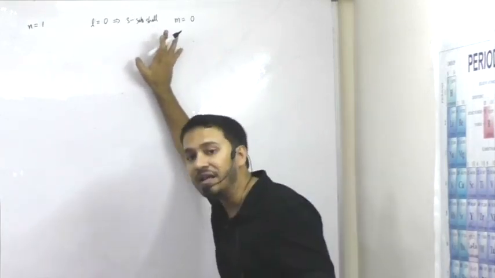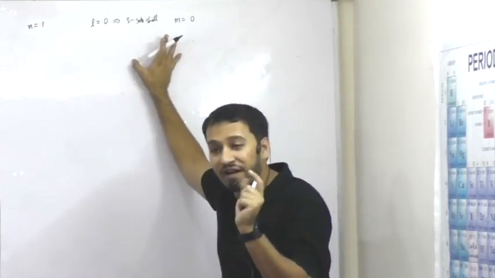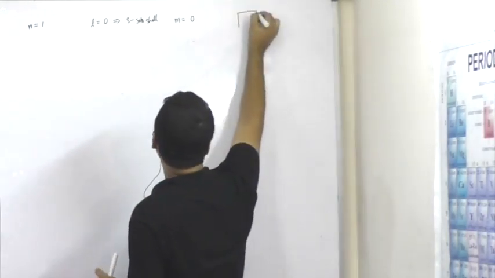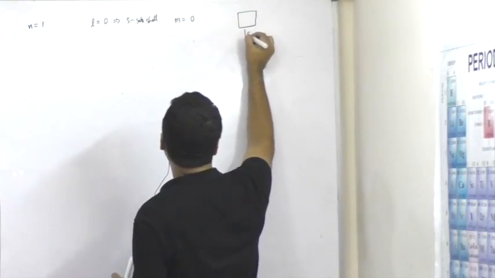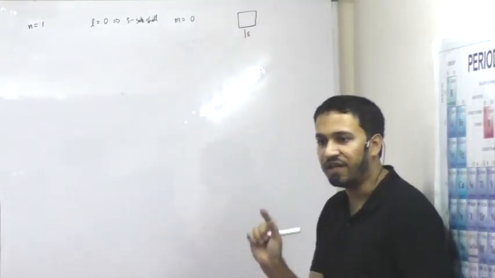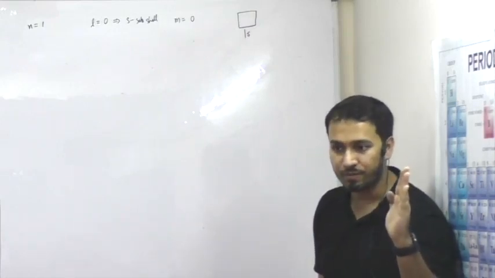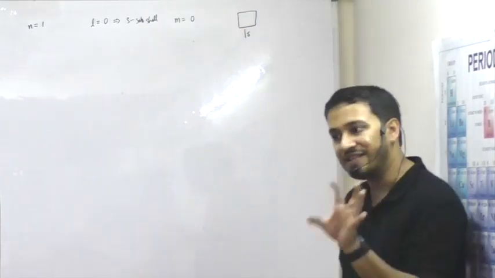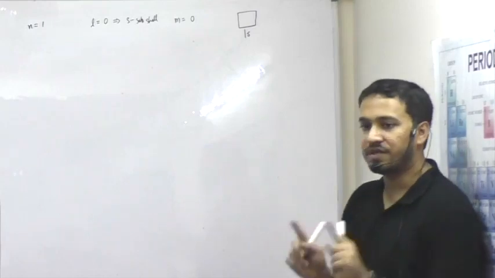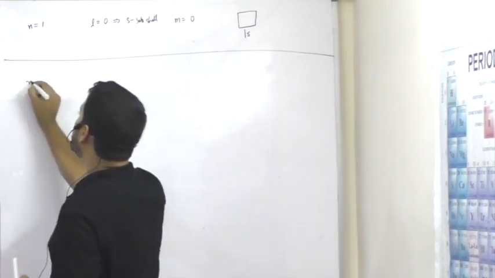This orbital, where the chances of finding the electron is maximum, I will represent with a box. So I will write it as a box like this. And I will write it as 1s. This represents the 1s orbital. 1 is the principal quantum number. It is in the S subshell, and the S subshell has only one orbital, which I represent as a box. Okay. Next, if n is equal to 2,